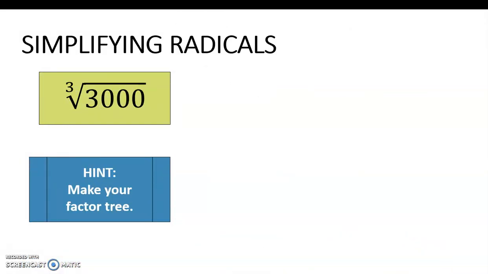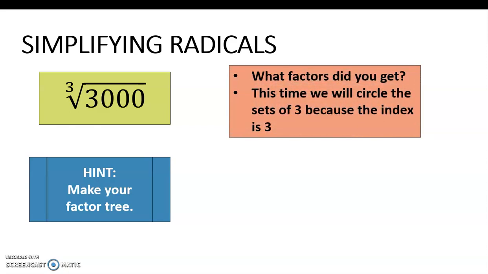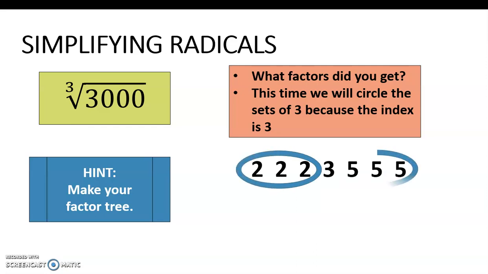Okay, this one is a cube root. No different. We're going to start it the same way. Make your factor tree and then get your factors. Okay, what'd you get? Now this time, after you get all of your factors, we're going to circle them in sets of 3. Reason being, because we have an index of 3 this time. You always circle them in the set of whatever your index is. So I do my factor tree. I circle my sets of 3s, factor it out, circle my 3s,